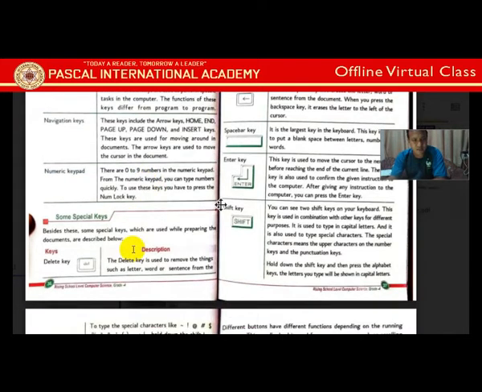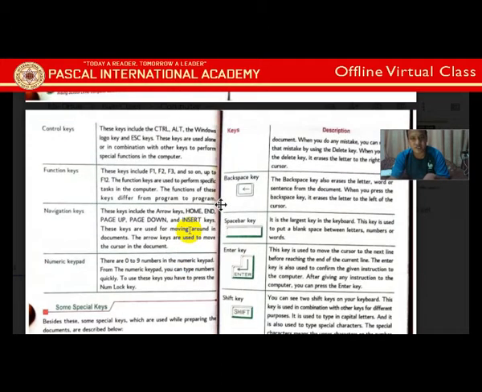Another one is special keys. There are some special keys which you need to remember, which are very helpful. These are some special keys which are used while preparing documents, described below. One is the delete key. Delete key is obviously, you know, if you want to delete any file or any character you have typed, we use this delete key.